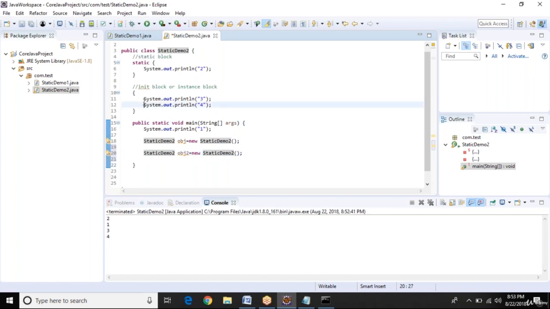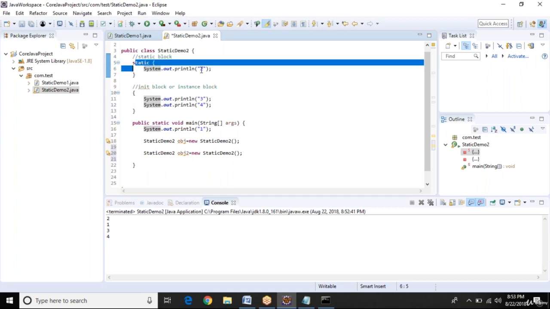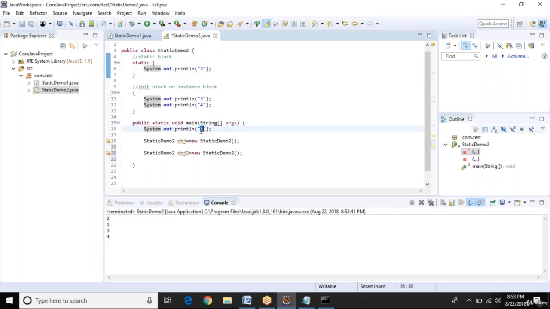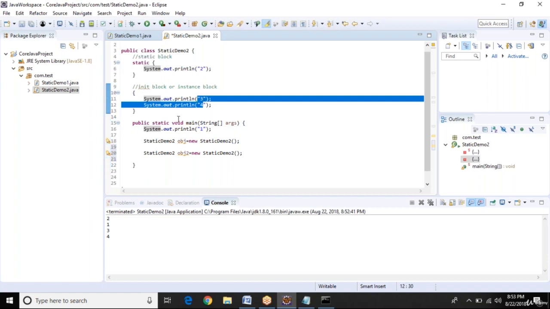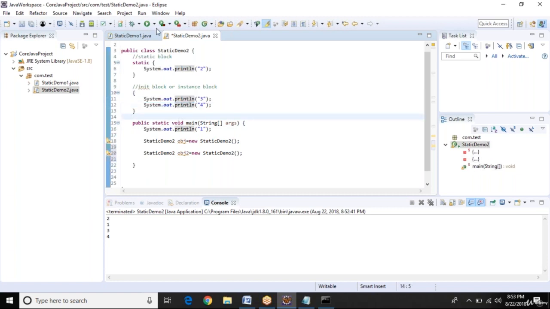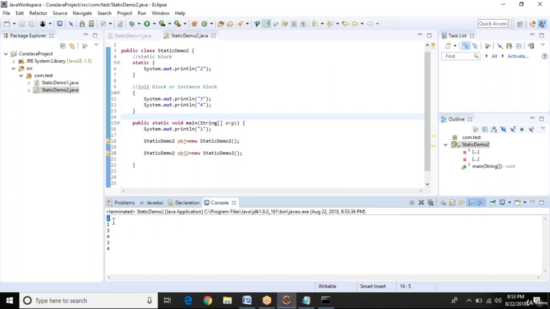So the output will be 2, then 1, and then 3 4 printed 2 times: 3 4 3 4.